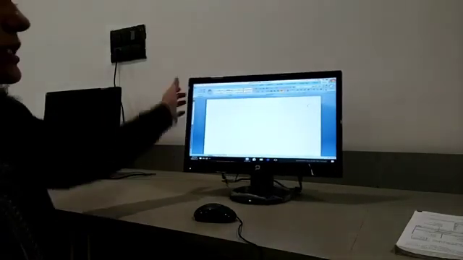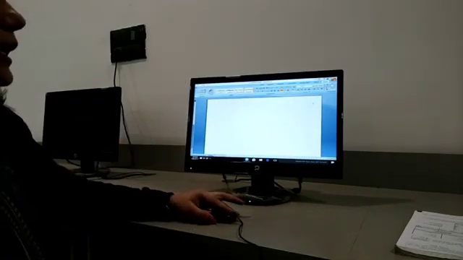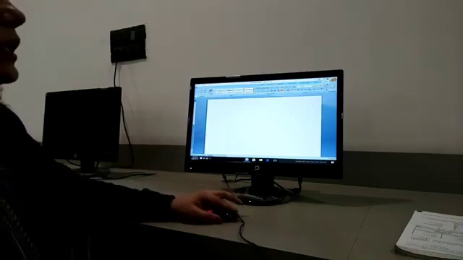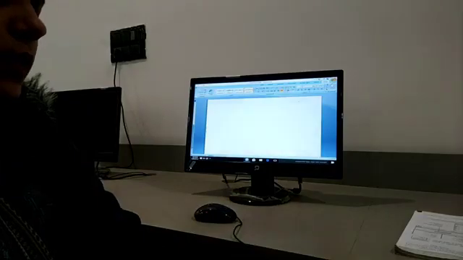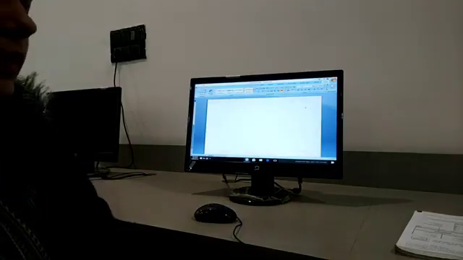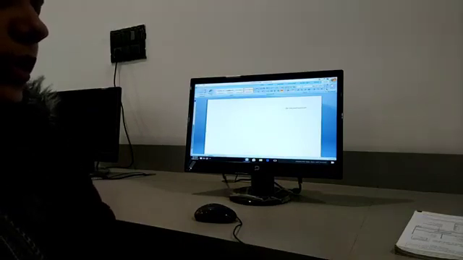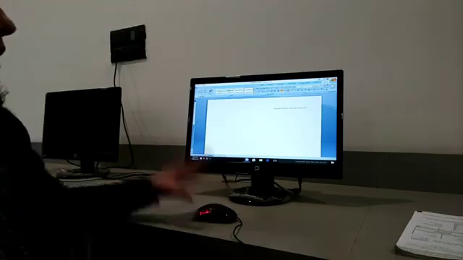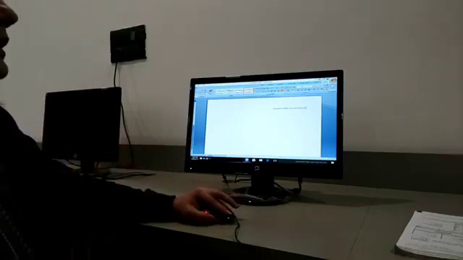You all can see this. The screen is open. Now I want to type. Then I can start typing from here. So you can see I am typing like I want to type the important parts of the computer. So I choose this, but I am seeing that this is very small. So I want to increase the size.